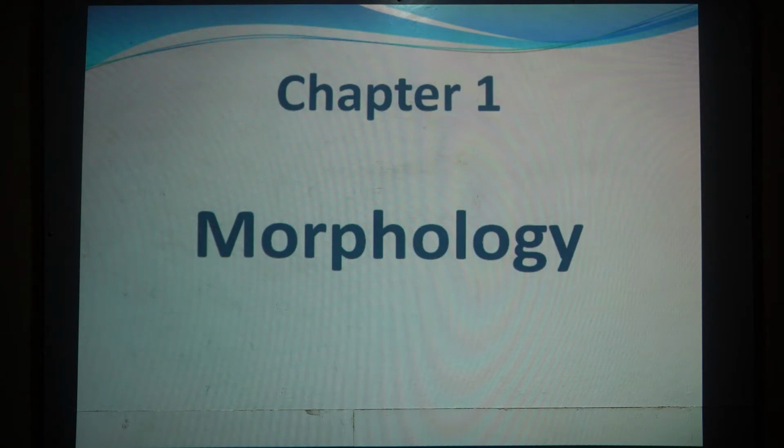In descriptive morphology, we study the form and structure of the organism without consideration of function. We study only form and structure of the organisms without consideration of function. In descriptive morphology, the morphological characters are broadly described; it gives a detailed description of the plant body. For example, in the root system, whether it is a taproot or adventitious root. In the stem, whether it is rectangular, quadrangular or cylindrical.